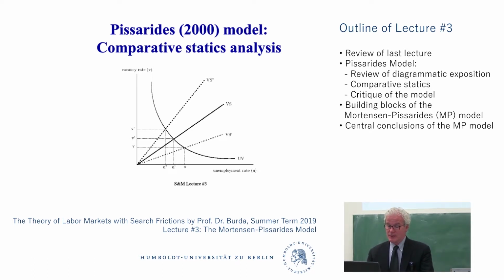Okay, so we started at the green point to the right, and VS and UV intersect, and suddenly we have an increase in matching efficiency. We have two things going on at the same time. One is a shift downward of the UV curve, and we also have a counterclockwise rotation of the VS curve. Okay, this is because in some sense matching has become more efficient and